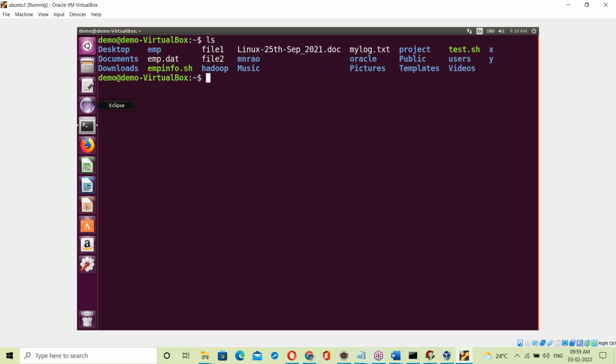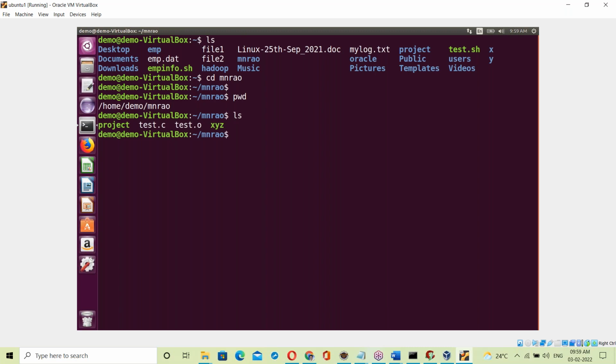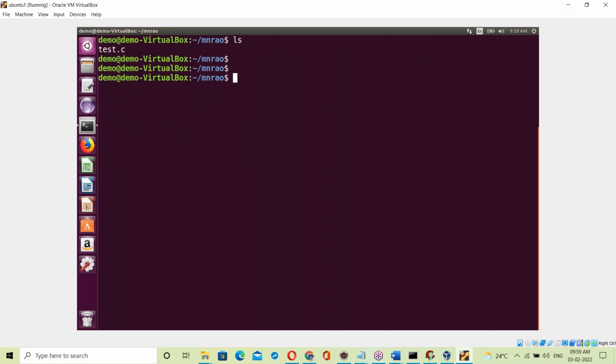Here cd is change of directory, the same as the cd command in Windows OS. ls lists the contents of the directory. We have test.c; gedit is like Windows Notepad.